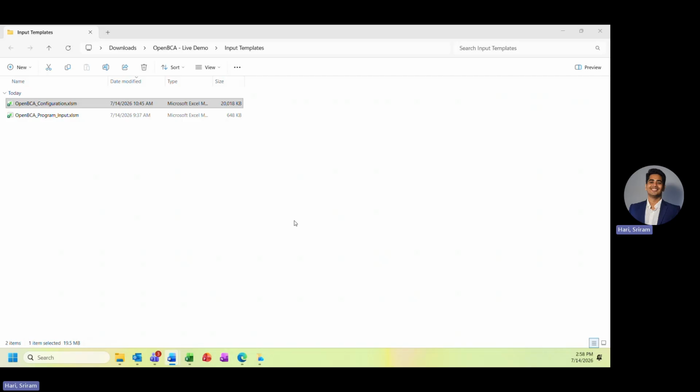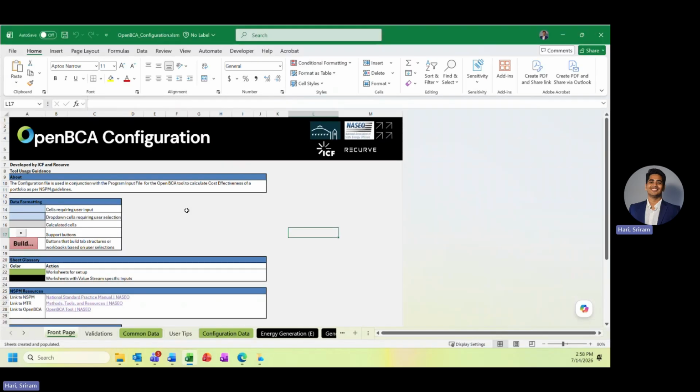In the second video, we'll move to the program input file and walk through the programs, measures, savings, costs, and load shapes being evaluated. Now, opening up the configuration file, before entering any data, let's briefly take a look at